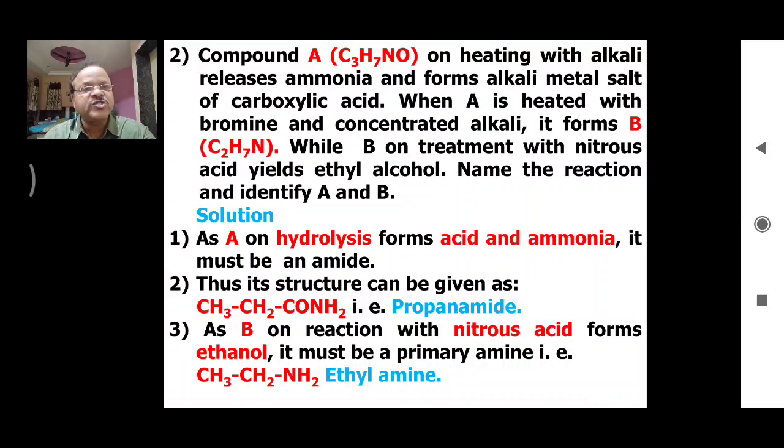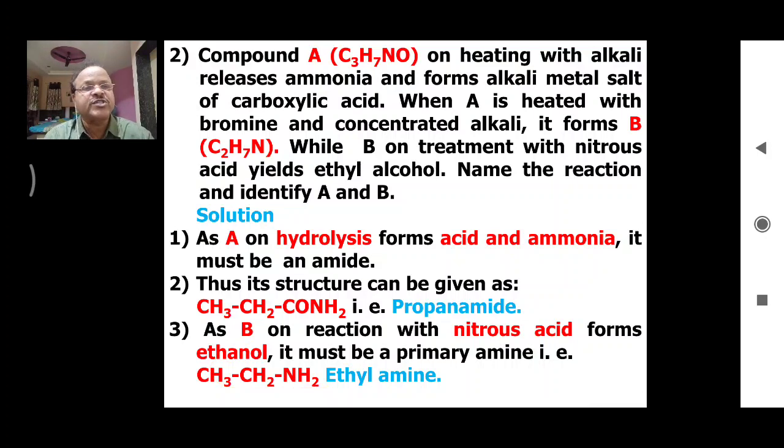So again, just go with the molecular formula C2H7N. Just draw 2 carbon atoms and 1 nitrogen in a row by linking with single bonds, C-C-N. Now only 7 hydrogens we have to insert. We have to put these 7 hydrogens at proper places by considering the tetravalency of carbon and the trivalent nitrogen atom. We can arrive at this structure CH3CH2NH2, that is ethyl amine.